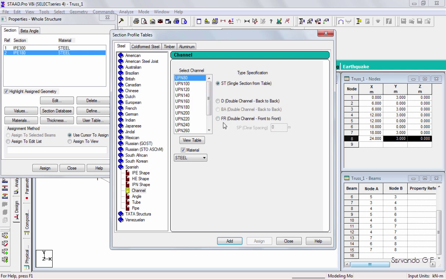This is like a U section, cross section, but I'm gonna use it as if it was a tube. So it's gonna be like one U in this way and then another U in the opposite way to make a tube. So I'm gonna select double channel front to front. So they're gonna be one U like this and one U like this. I can select double channel back to back, and it's gonna be like the U like this and the other U like this, making like an H. But no, this is gonna be front to front. And I click add,